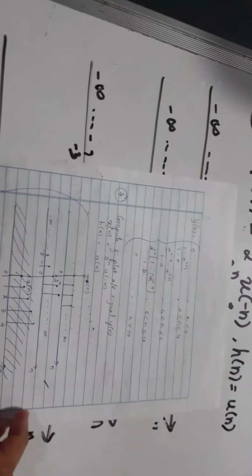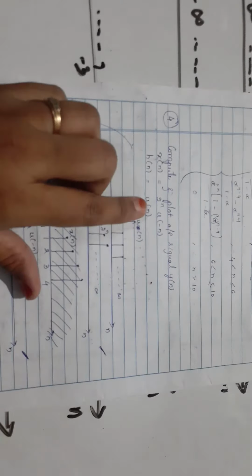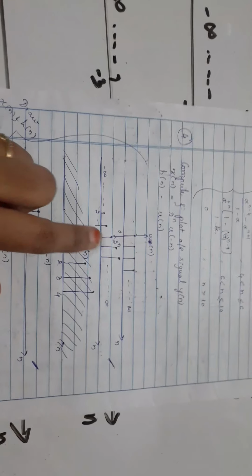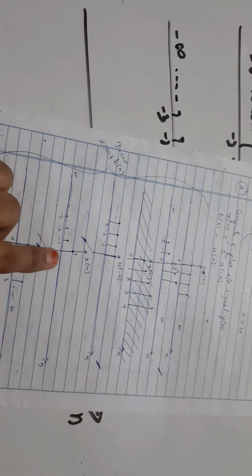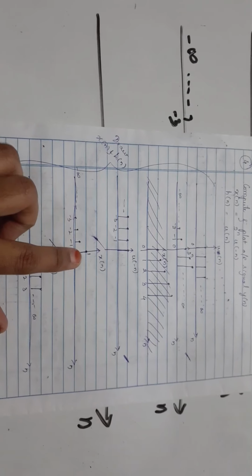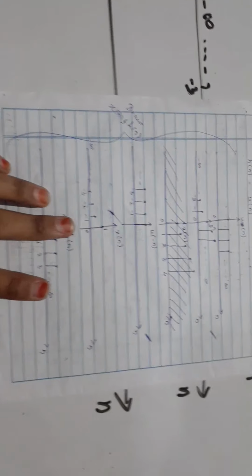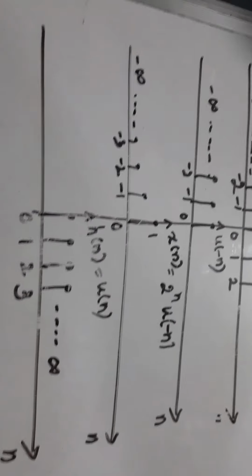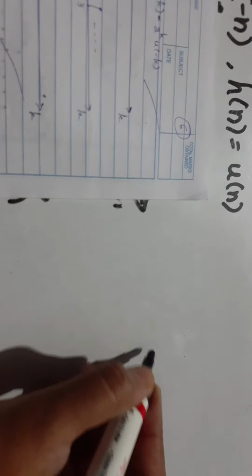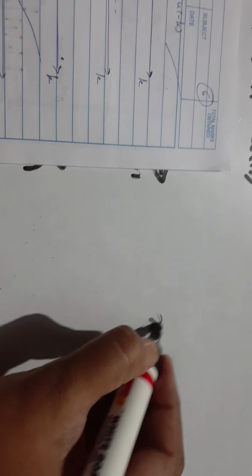Now we will move to the next following of the procedure. You can observe here the same thing I have drawn here, starting with 2 raised to n u of minus n. I got x of n like this, exponential curve till 0, minus infinity to 0, and h of n. So this is about the first thing, drawing of the given signals. Next we need to follow certain steps. What are the different steps to be followed? Let us just revise it.